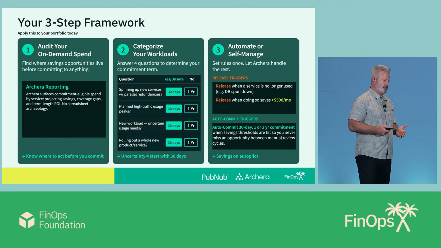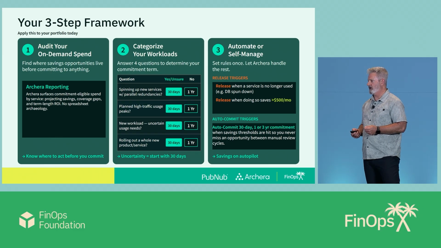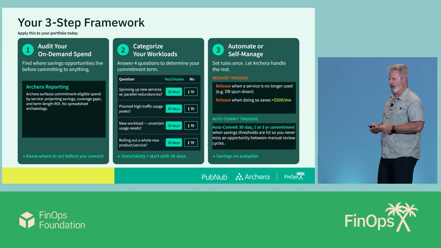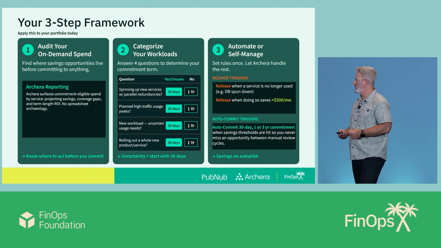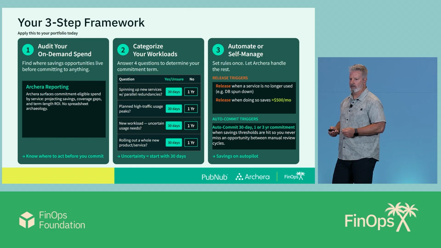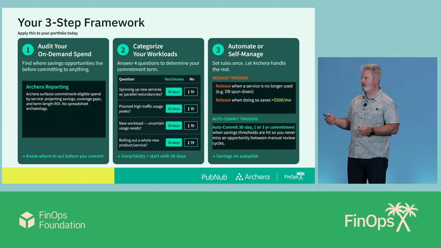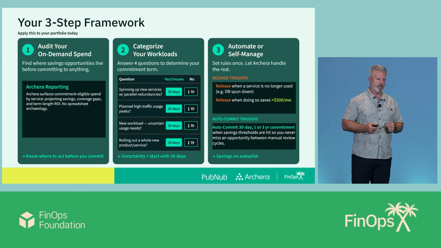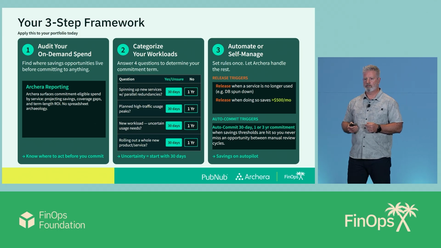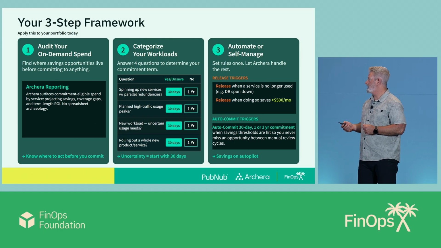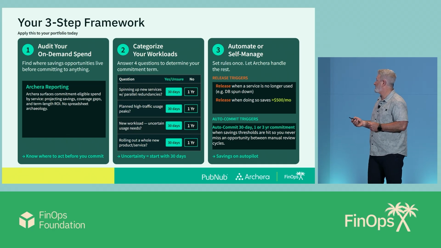So once you have that attribution in these financial operations systems, you can look at that on-demand spend and ask yourself, is this happening because of a customer event? And how long will it go for? How long will this deployment be in, and will we need to run redundant systems? Is this new product going out, and how long will it be doing that for? When there's this uncertainty, and this is that layer 2 in the last diagram I showed you, this is where those 30-day commitments are important. That's really where you get a chance to get savings on something and apply that to the attribution.